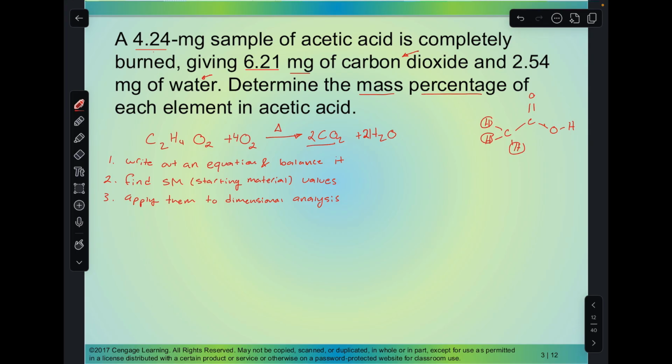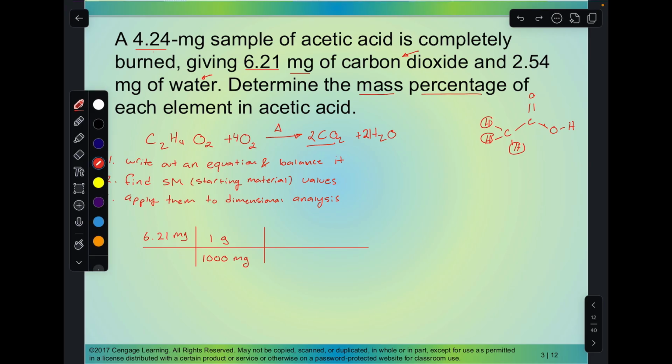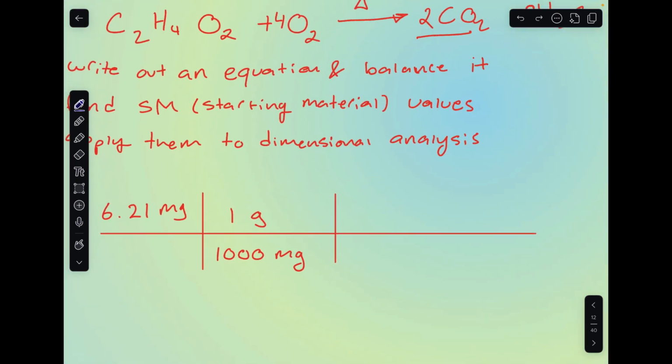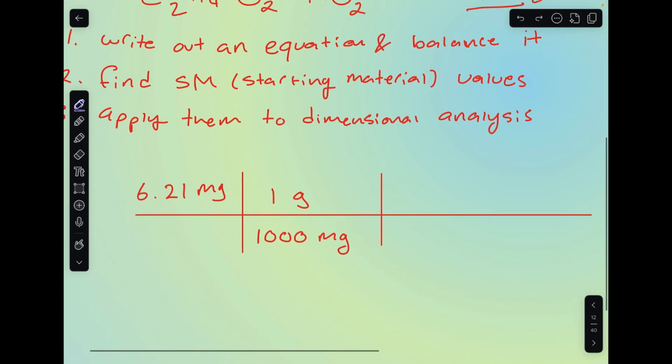And so we have 6.21 milligrams. Now I'm going to expand this so that we have it in grams, because we're going to be using the grams per mole. And so if we're in milligrams, we need to get out of milligrams into grams. So there are 1,000 milligrams in 1 gram. And when you're doing dimensional analysis, remember, I'm going to put this in a different color so that it does not bleed into that. But when you're doing dimensional analysis,